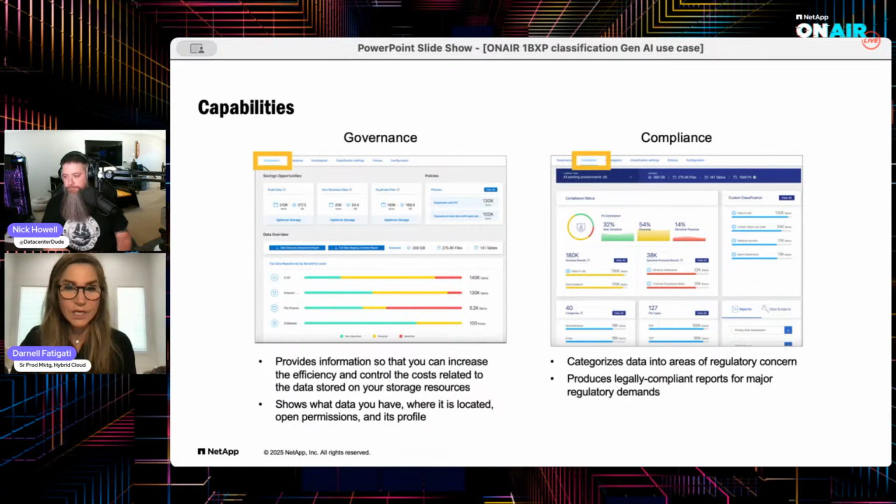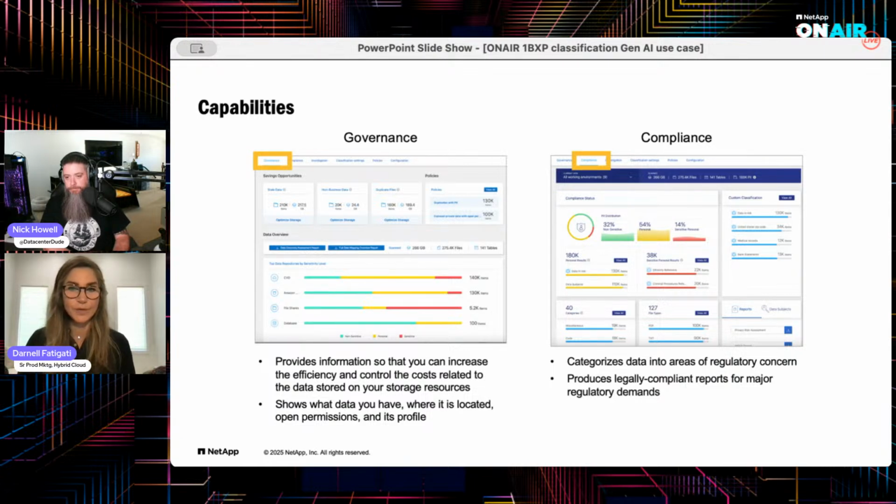You can see here there's top data repositories by sensitivity level. Where it's really red, there's a particular file share that has a lot of sensitive information in it. So the red is your sensitive information. This just helps you understand where to focus. And then the next tab is specifically for compliance,